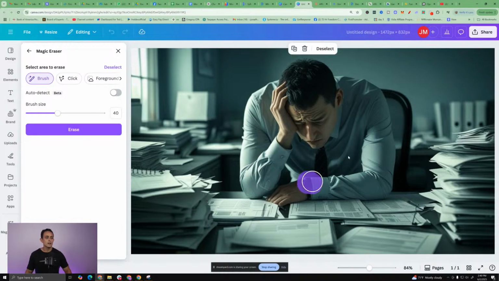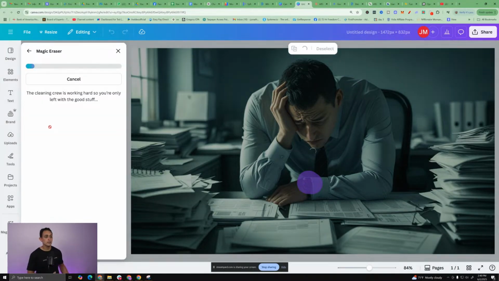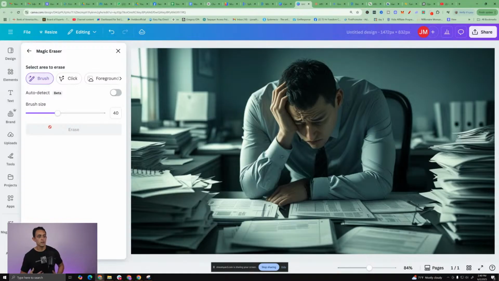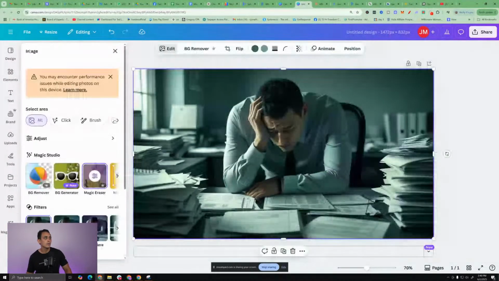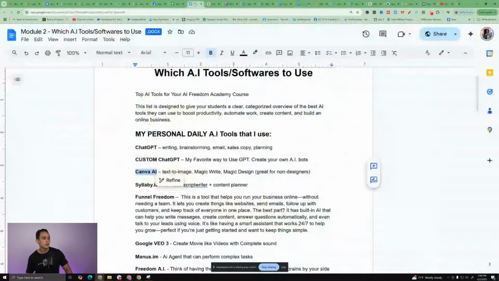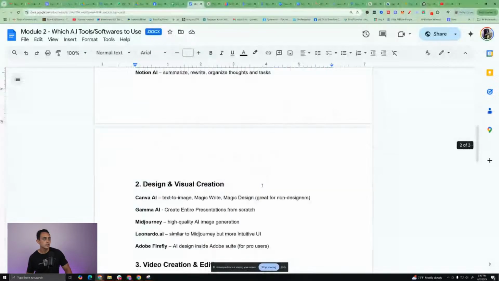So you can kind of do that. And then, the AI will know what you're trying to do and it'll try to erase the image or whatever it is. So you can see it got rid of the watch, right? It kind of knew what I wanted there. Okay. So Canva slides or Canva AI is actually very powerful. I use it a ton. It's one of the main tools that I use. Again, I'm going to go through the ones I mostly use, and then we'll go through all the tools in just a little bit. Okay.